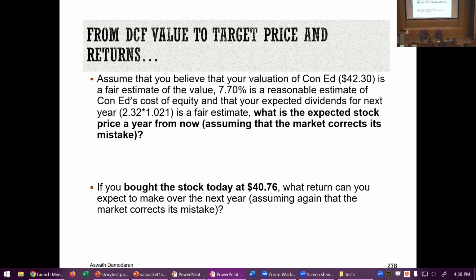And if you go out and buy the stock today at $40.76, that's going to translate into a rate of return well above 7.7% because the stock is underpriced. If a stock is fairly priced, it earns the expected return, the cost of equity. If a stock is underpriced, it's going to earn more. You can do target prices 2 years from now, 3 years. You can pull it out as long as you want if you want to impress somebody. But basically, the fact that you get a value per share today doesn't stop you from giving target prices, if that's the language you want to speak.